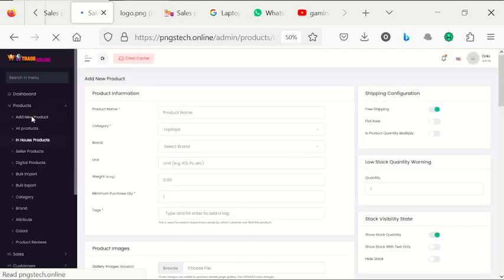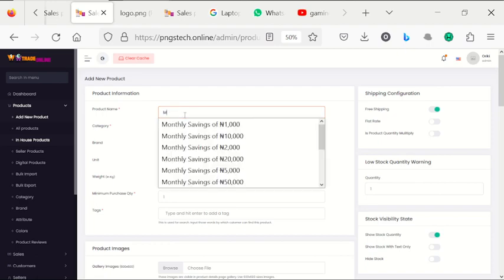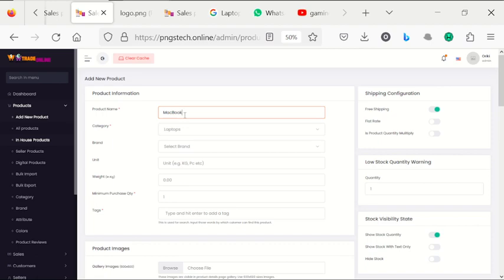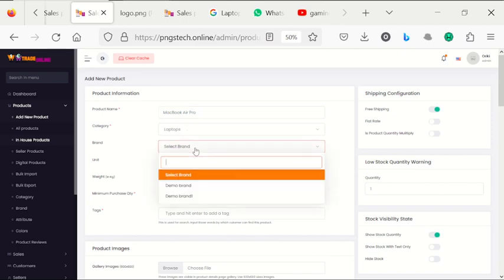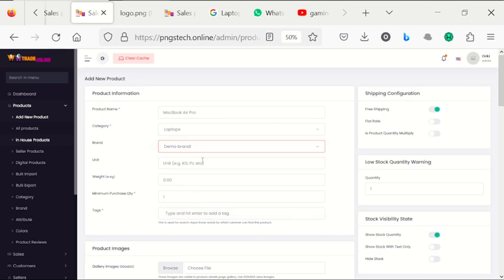So I want to create a new product, and let's say for the product we create MacBook Air Pro. So it's a laptop, what brand? So let's say brand 1. So let's say it's pieces, right? So the weight is about 0.05, and minimum purchase quantity 1. So let's say this is what